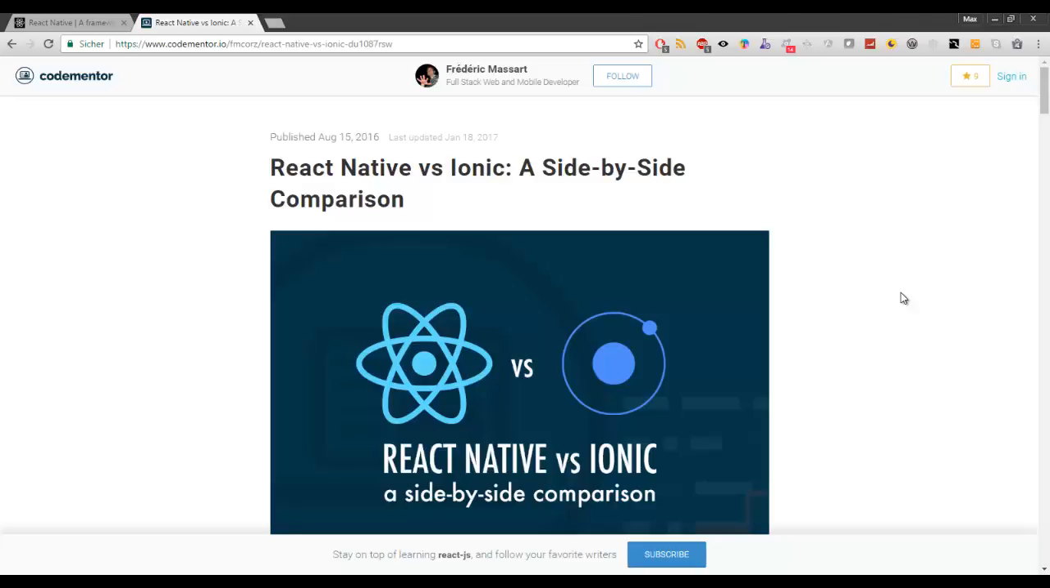So if we just want to dive into the world of development of mobile applications, for now we have three main streams, three main opportunities. First one is to develop a completely native application. So if you want to develop for Android, you need to learn Java, you need to learn the Android SDK, and